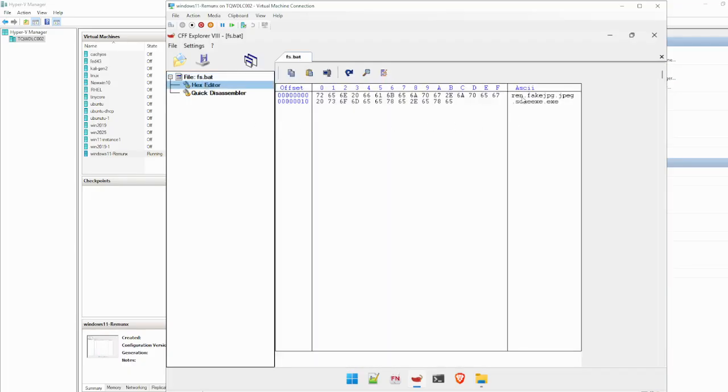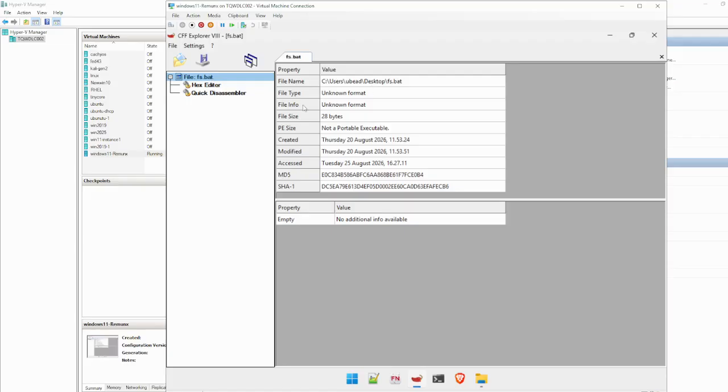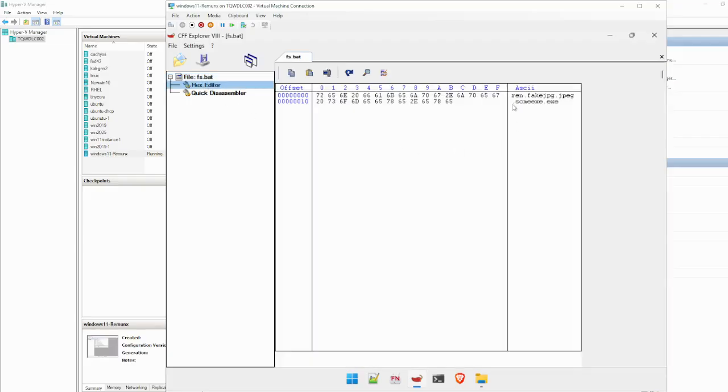Now you see ren fake jpg someone.exe. All that I have done with this fs.bat. This is the content, so I have it in fs.bat. I have not yet run this, but this is showing me the content of that file.